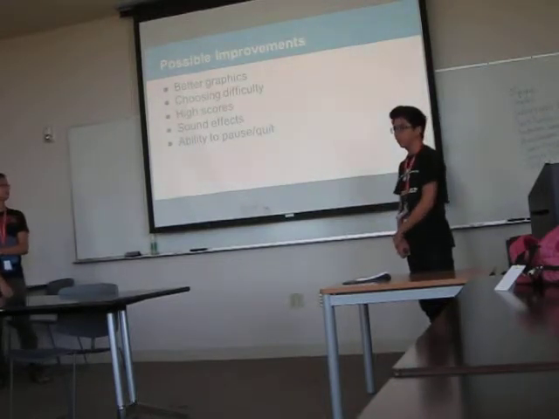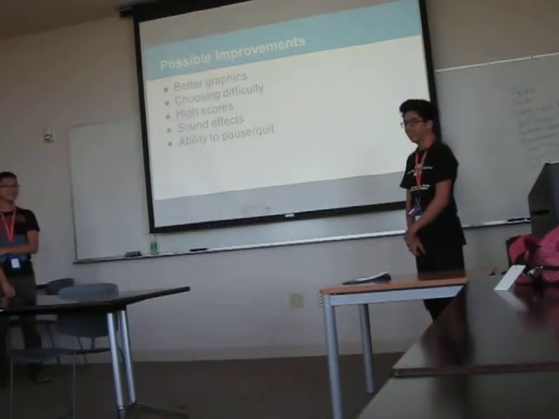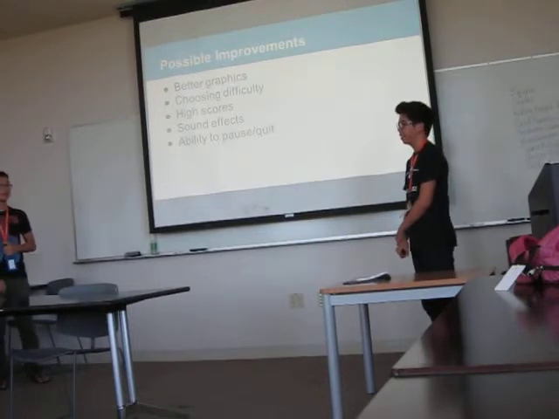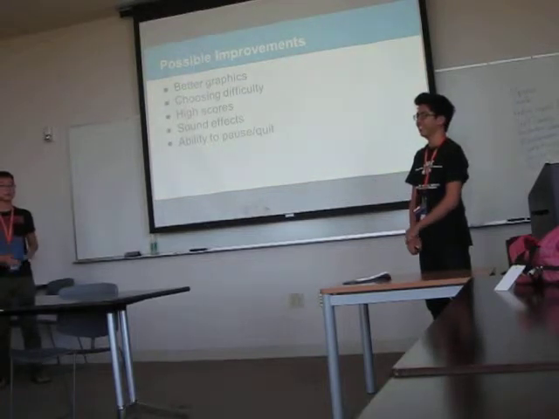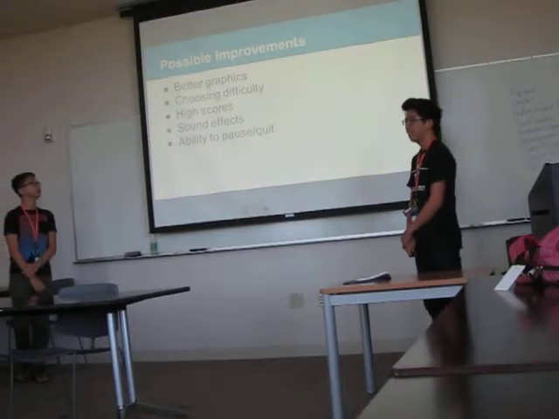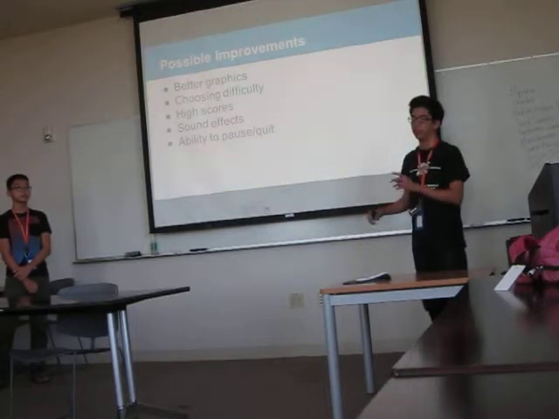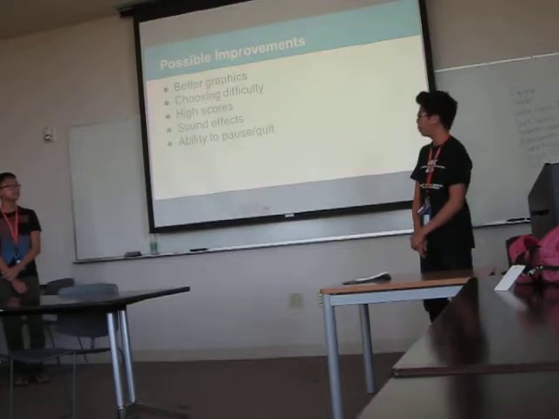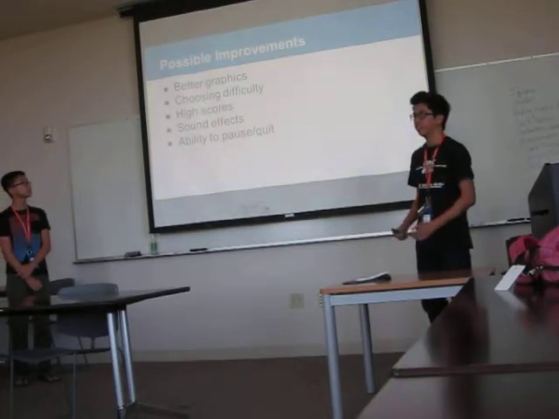And even though our game is amazing, we can still improve on it. We can make better graphics, so instead of having just normal squares, we can have pre-made sprites, so it appeals to more people, because people don't like seeing just squares sometimes. And then we also want to add difficulty levels, so people can choose how many obstacles they want in the way when they're trying to get the square. And also we wanted a high score feature, but we weren't able to do this due to time. We wanted to have it so people can challenge each other